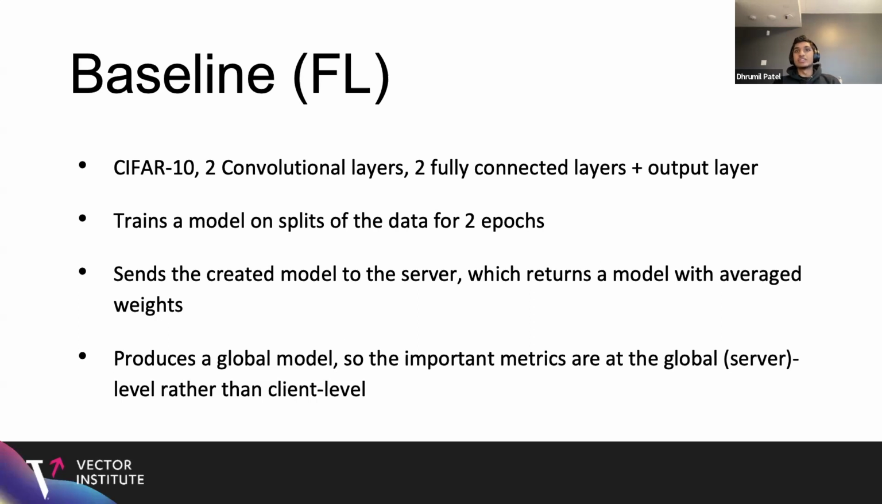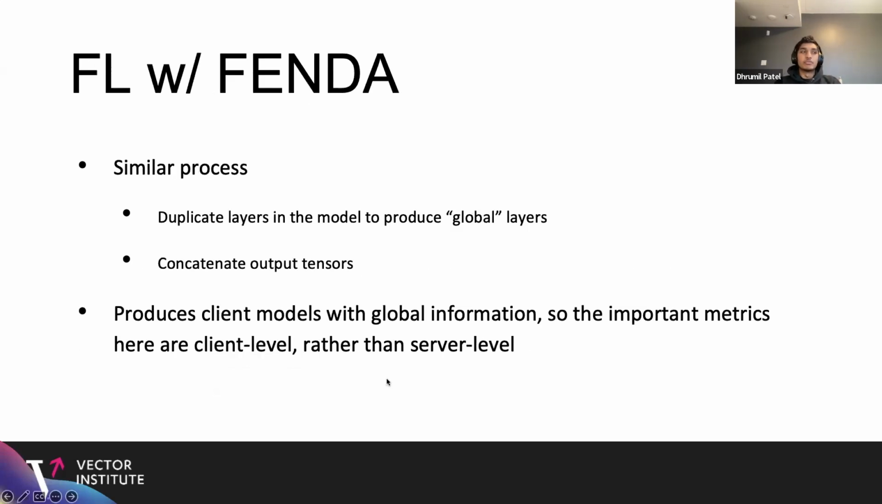The important thing to remember about the baseline approach is that the metrics we want to track at the end of our training or processing are at the global level. So what is the performance of the updated model that's built on the server side, rather than the performance of specific client level models? And that's different from the approach we're using with FENDA, which is a similar process, but